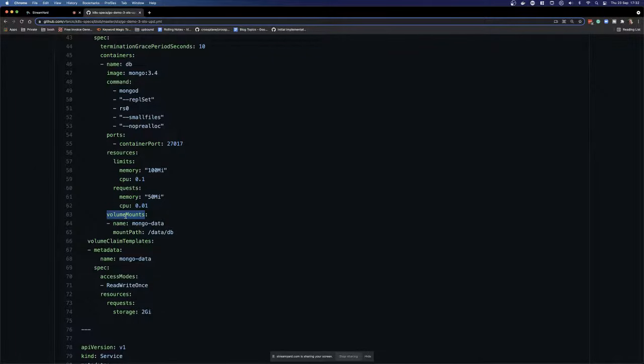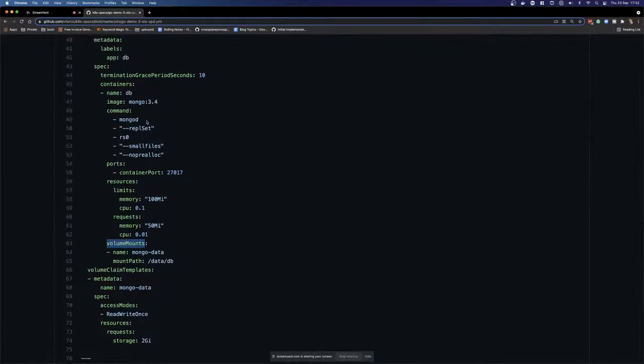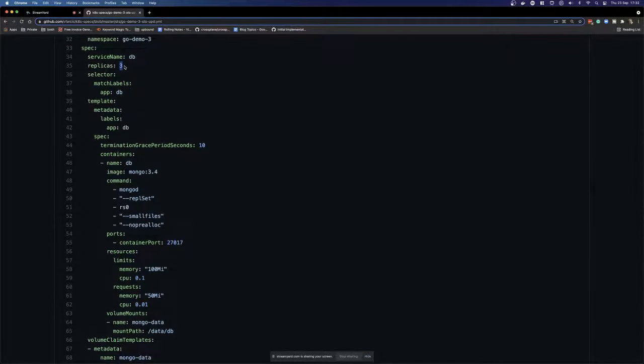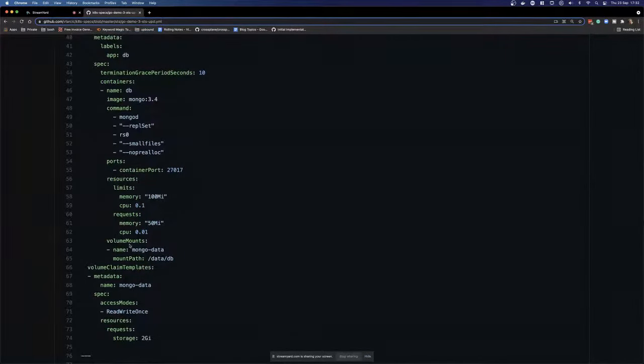So all 3 replicas of that deployment would share the same volume. And in this specific example, where I'm using Mongo, that could not work. I could not make Mongo work as a deployment with 3 replicas and one mount,